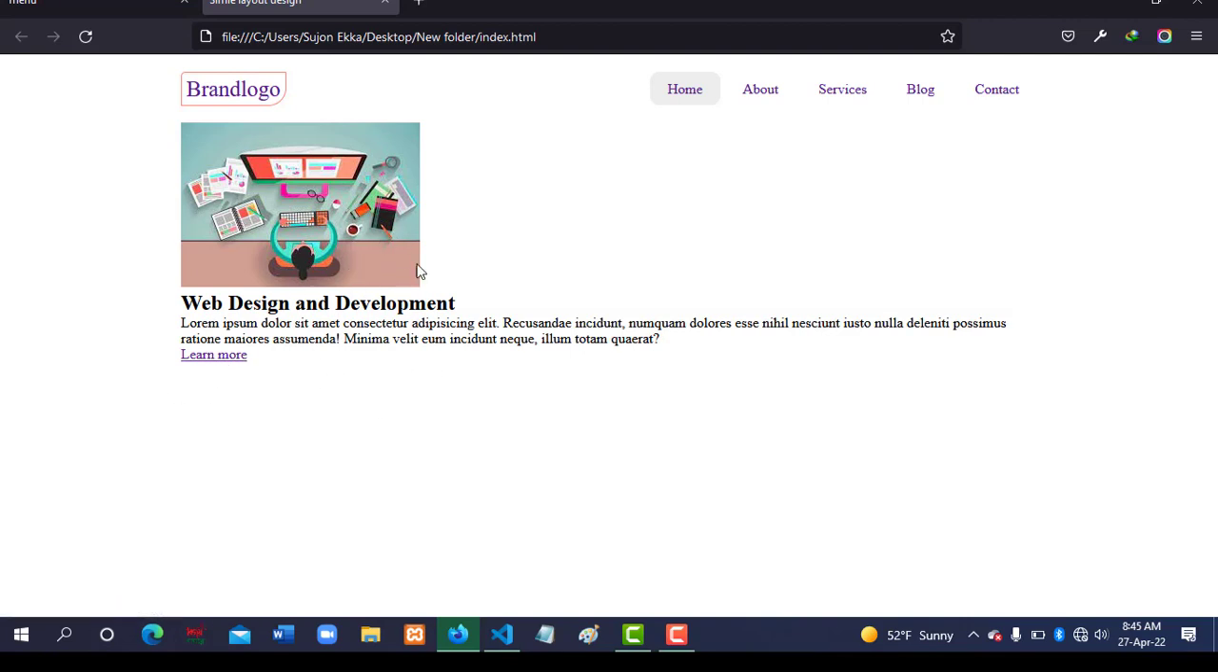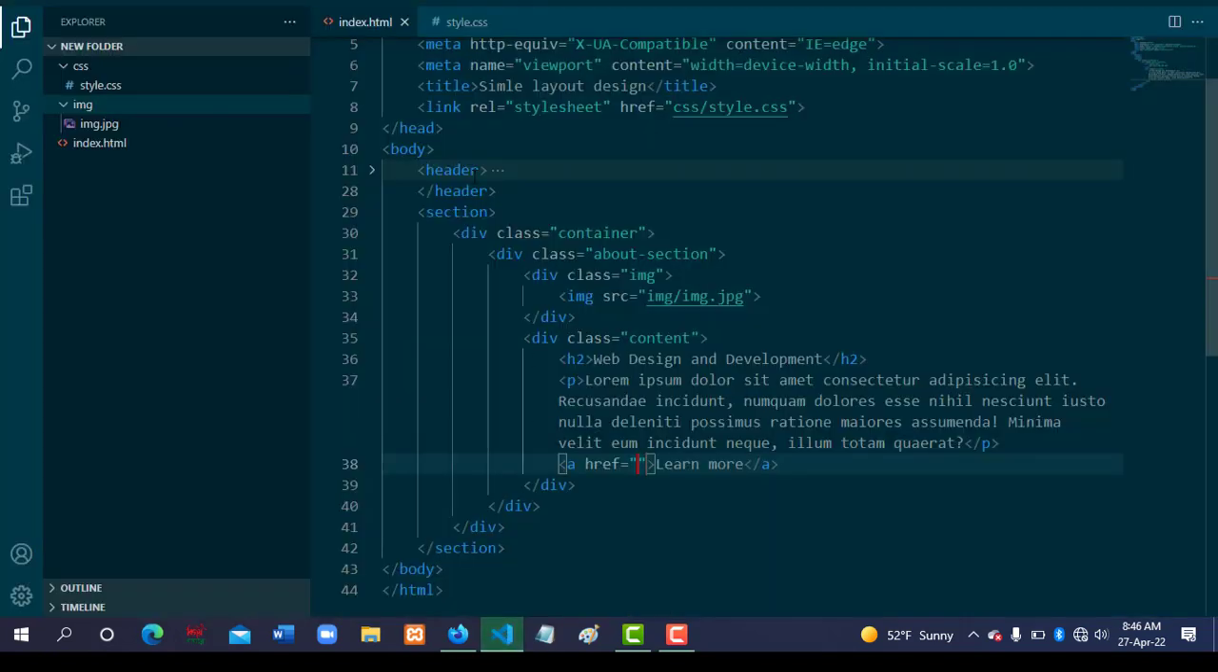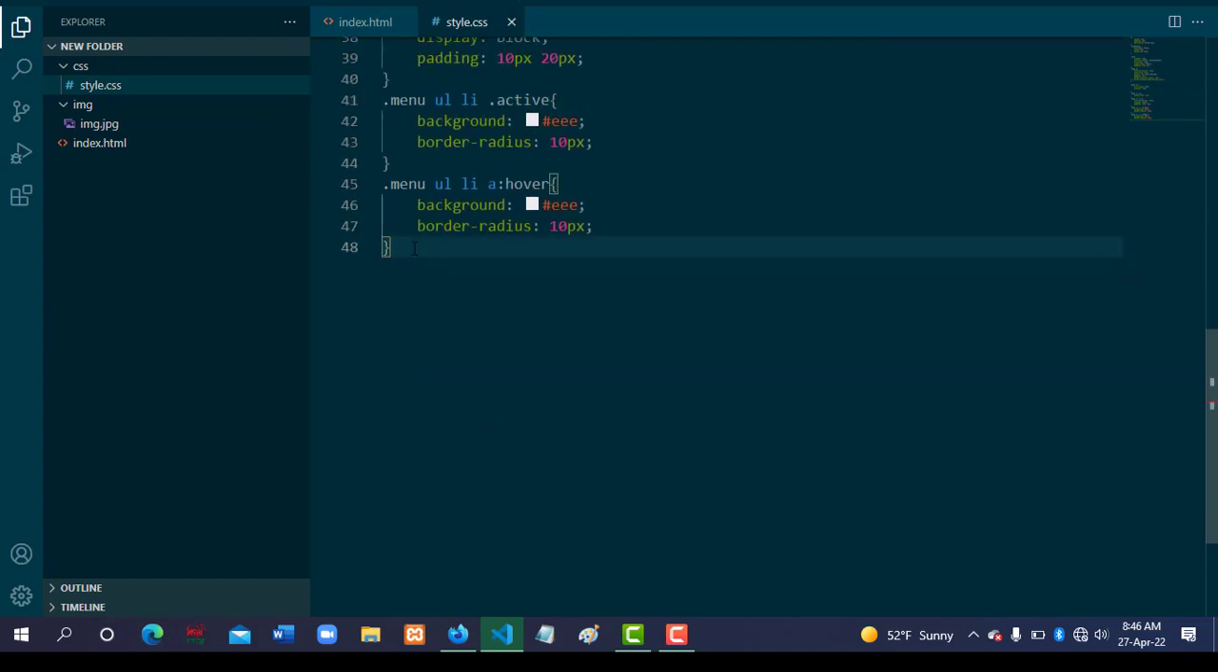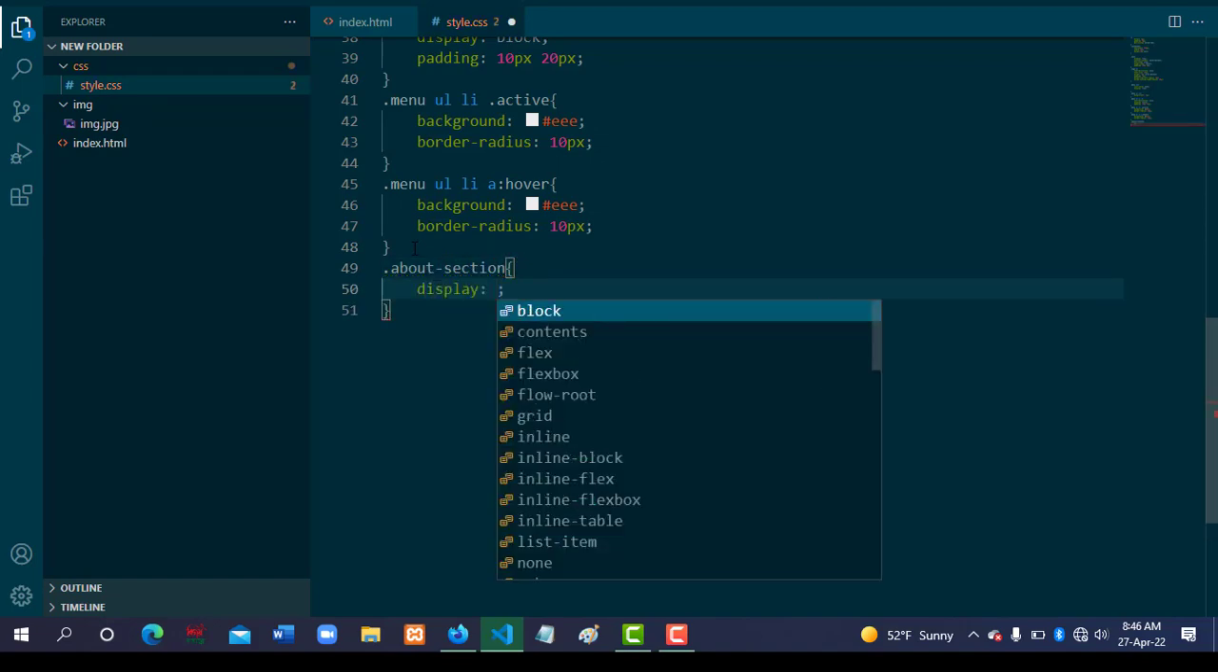Now I want to take this side by side. The left side will be the image and the right side will be this part. Okay, so how do we do that? To do that, go to the CSS class, and for the about section class we will use display flex. So if we write the code .about-section, display flex,